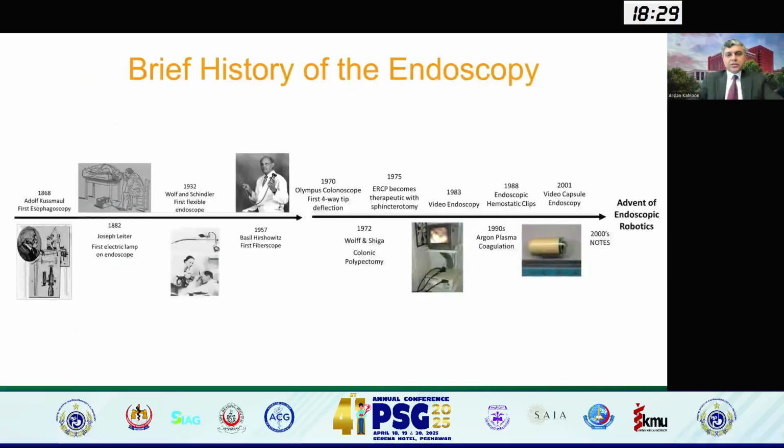If you look at the brief history of endoscopy, we've come a long way. The first described concept of endoscopy was reported back in 1868 when Adolf Kussmaul performed the first esophagoscopy, after borrowing the idea of endoscopy from a sword swallower. That's the first reported endoscopic procedure performed in history. Over the years, we have evolved, where the first fibroscope was brought into play by Basil Hirschowitz. And since then, there has been a tremendous explosion in how we have utilized endoscopy.